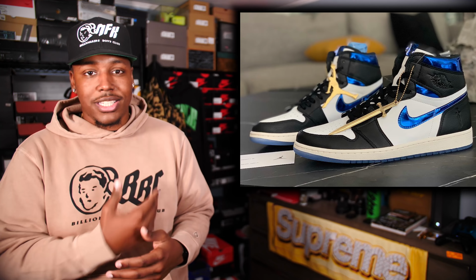I don't know, that's just fire to me. I don't know why, but I'm sure the uppers, the materials are crazy. You got the 3Ms, and there's little subtle details in the shoe as well. I can't explain every detail because I don't know the homie personally, but you guys can see the shoe right here, one-of-one custom for a cancer survivor, and that's just a really, really dope story, a really, really dope sneaker